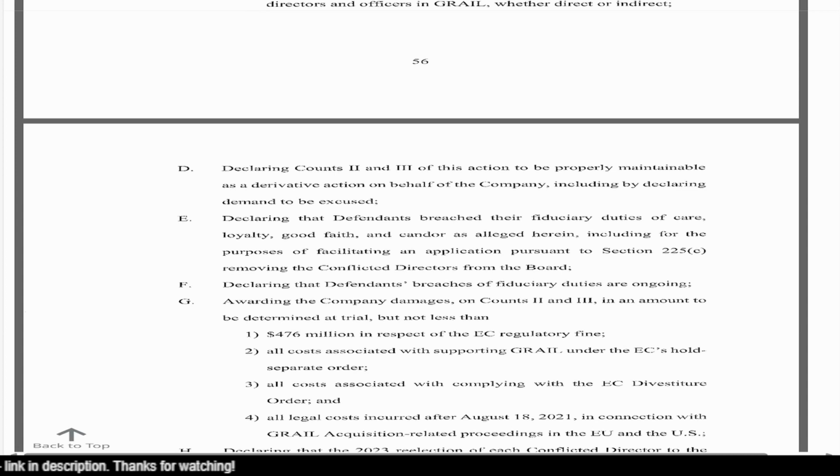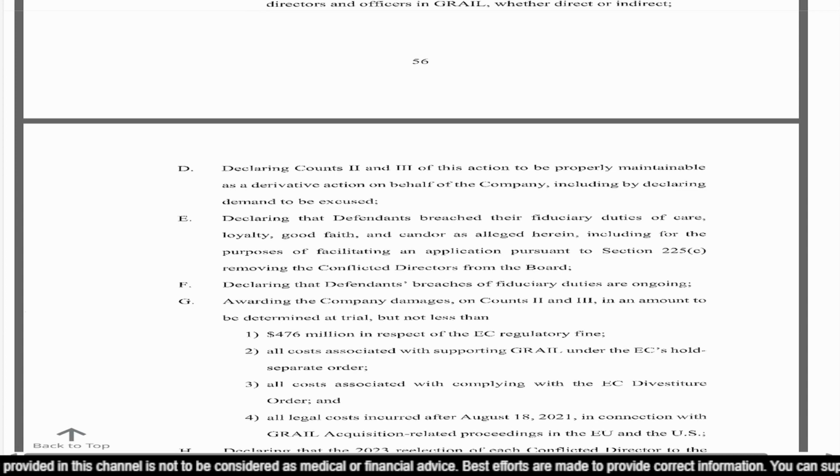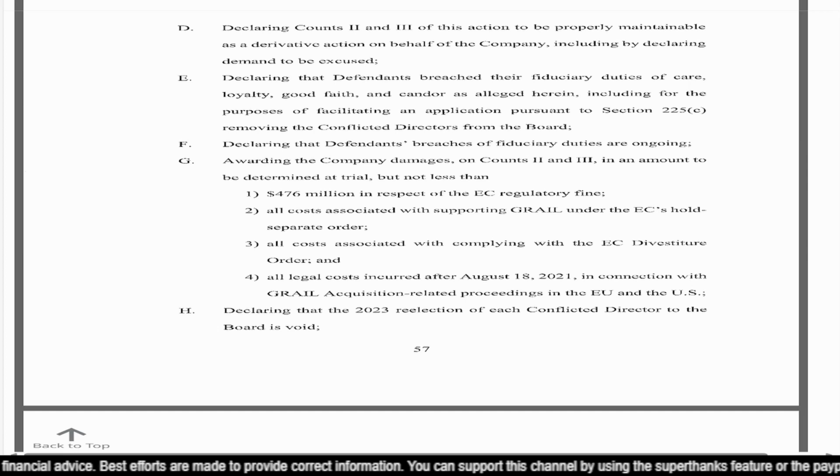Declaring counts 2 and 3 of this action to be properly maintainable as a derivative action on behalf of the company, including by declaring demand to be excused. Declaring the defendants breached their fiduciary duties of care, loyalty, good faith, and candor as alleged herein, including for the purpose of facilitating an application pursuant to Section 225(c), removing the conflicted directors from the board. There are still 7 conflicted directors, so it takes aim at them. Declaring the defendants' breaches of fiduciary duties are ongoing, awarding the company damages on counts 2 and 3 in an amount to be determined at trial, but not less